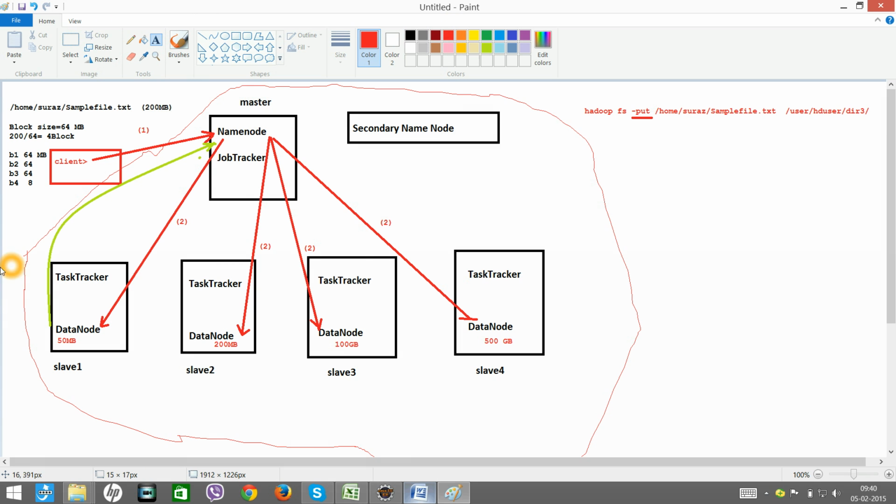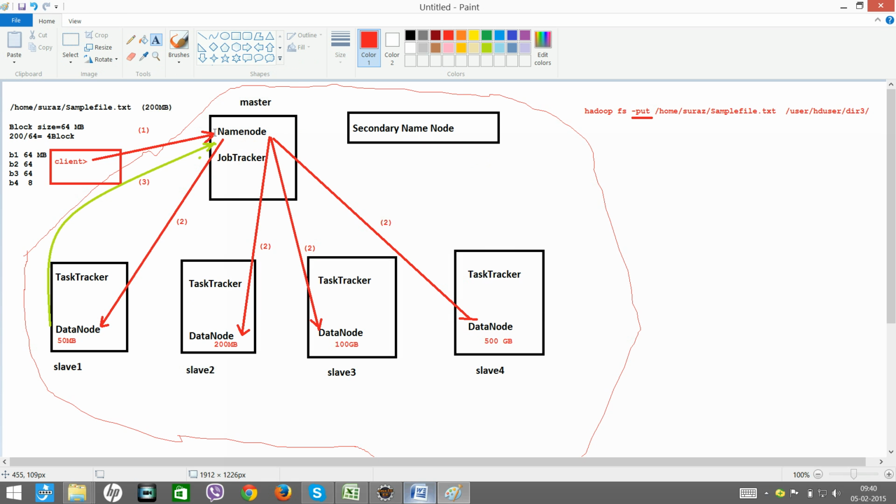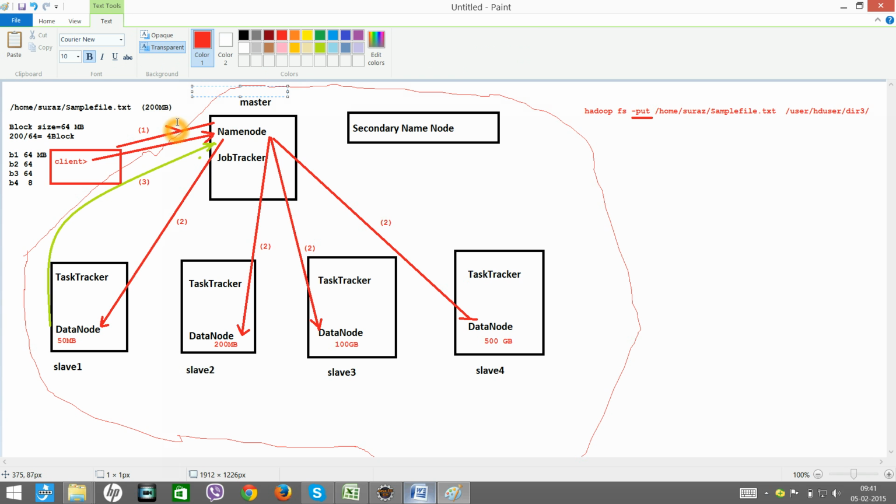So this is step number 3: all the data nodes communicate the status to the name node. Now the name node will communicate the same status to the client. That is step number 4.